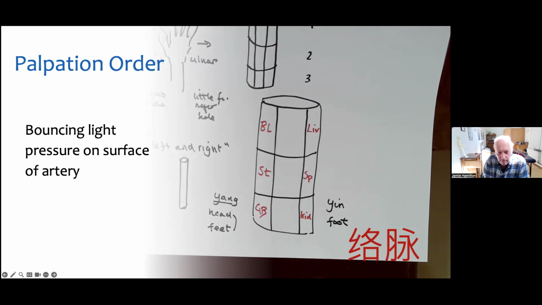Feet. That's all to do with the feet. Yes, they all run to the feet. Yeah, great. That's good. So these are all foot channels. So if I could just extrapolate what you just said, these are all of the channels that you find in the legs. So if you were to look at a leg, you would have all of those 6 channels in the leg.